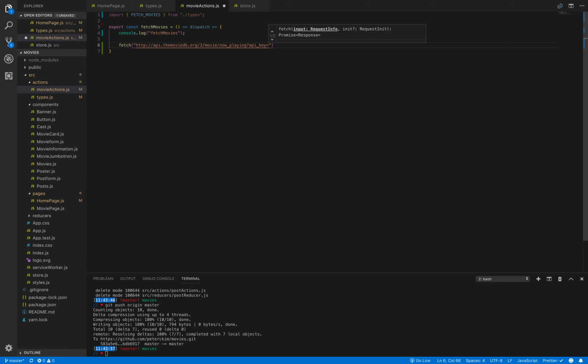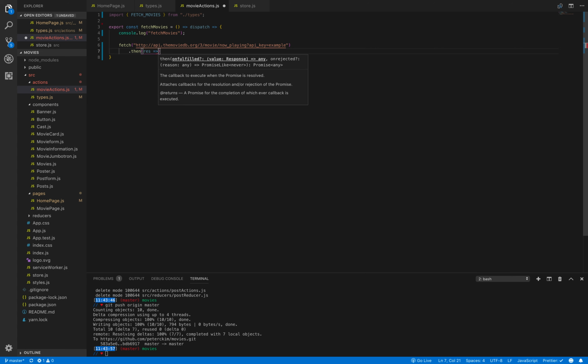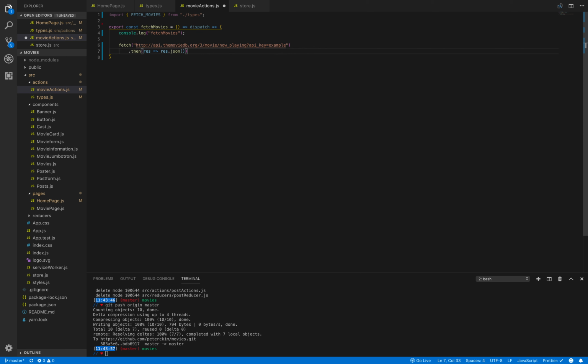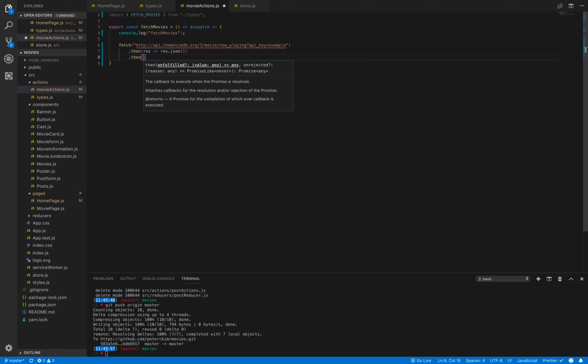Well, I won't share my actual API key, so I'll just put something random. But essentially here's an API key. And then after you get the promise back, you want to make it into JSON. Then I'm going to do data,